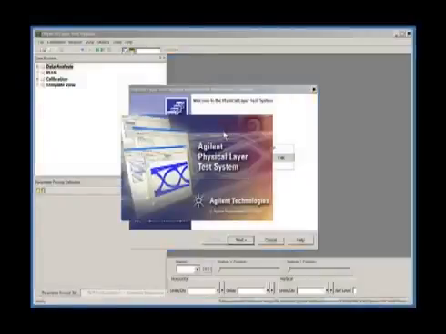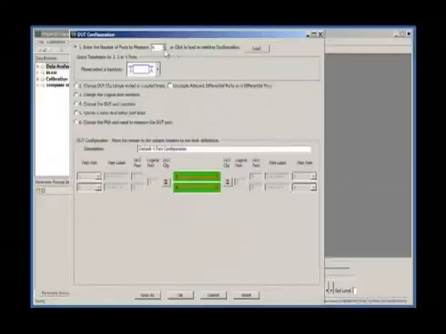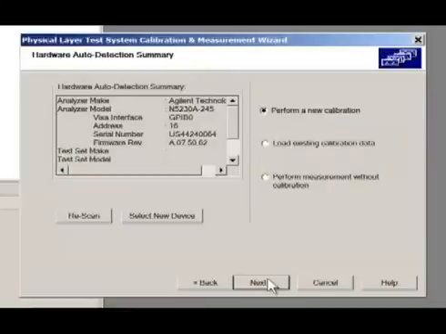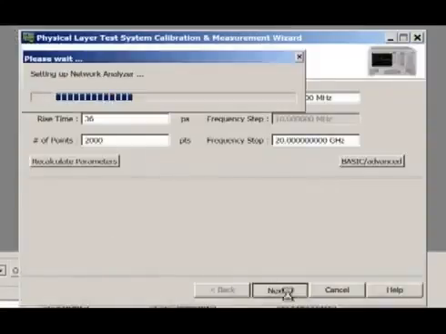Here we are showing how Agilent's physical layer test system can be used to set up the VNA. First we set up for a 2-port DUT and then select the calibration procedure. The default VNA setup is optimized for a balance of speed, accuracy, and conversion of frequency domain data to the